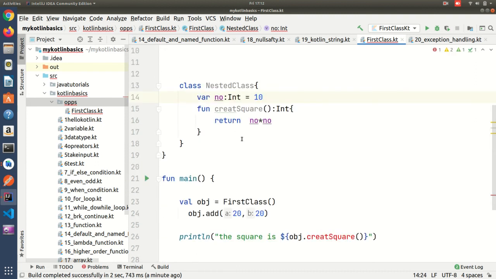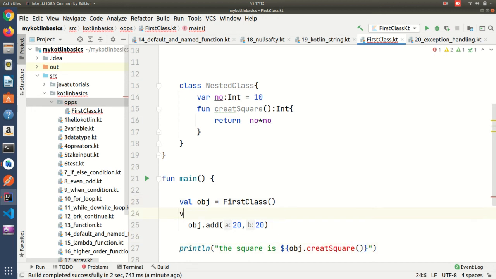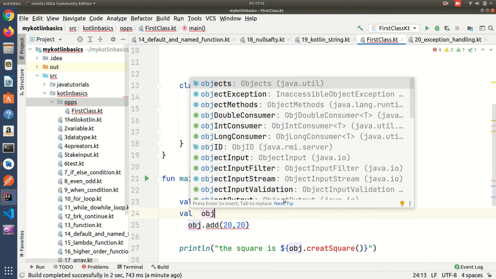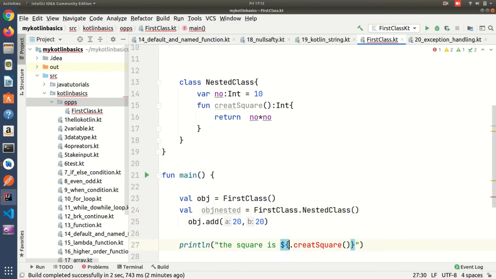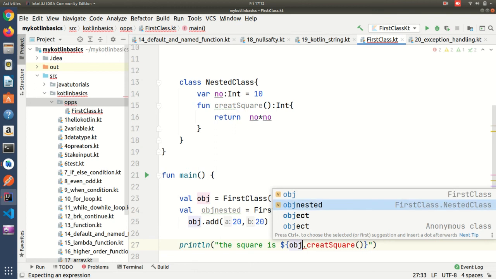Now it's done. Now here it is showing an error. Why? Because this is present inside another class. So what I can do is create one more object, object nested, equal to first class dot nested class. Then here I need to use object nested.